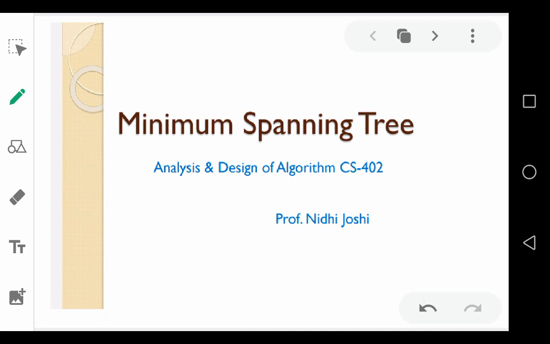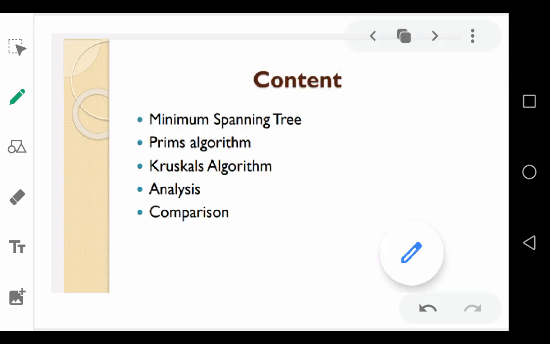What is a minimum spanning tree and how to find the minimum spanning tree. I will be discussing Kruskal's algorithm. My agenda for this session is to discuss what Kruskal's algorithm is, and the comparison. In the previous video I had discussed Prim's algorithm, so what is the difference between Prim's and Kruskal's algorithm? Majorly we'll see that difference. But one thing is there: with both these algorithms we are going to find the minimum spanning tree.